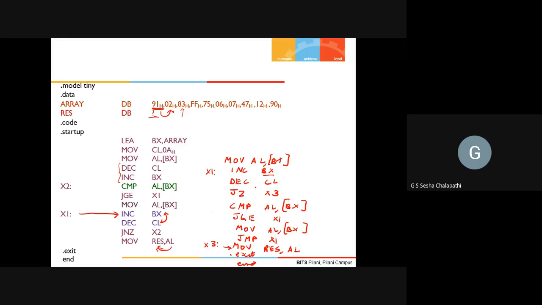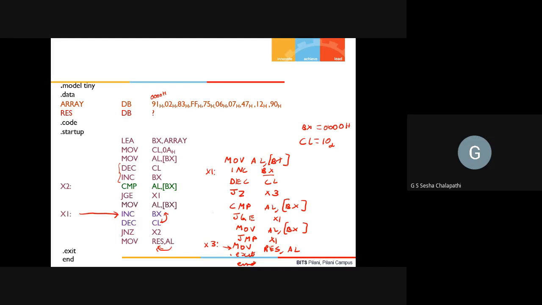Are you able to see? Let us say the CL value is 10 decimal. Now the first byte has moved into AL, right? First byte has moved into AL, and I have incremented. Let us say the BX value initially was 0, at offset 0000H, for a simple calculation perspective. When I say LEA BX,